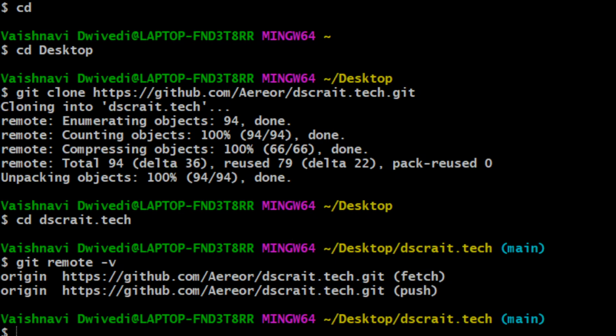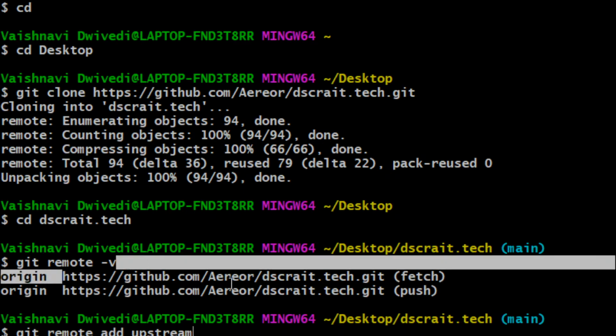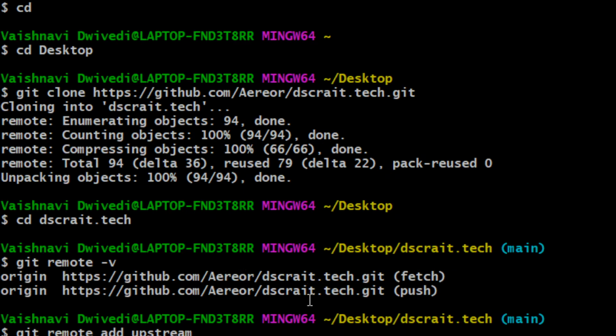But now, what if I want to contribute to this? Even though I have my own copy of it, there are some things that I want to change in the original copy as well. So even for that, I'll have to make a fork. And what I do is add an upstream. So git remote add upstream. There's a thing called origin. The alias origin is used for my remote, called Erior slash DSC-RAIT.tech, but the upstream one will have